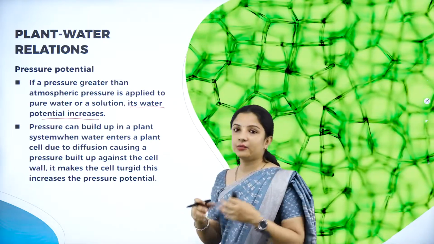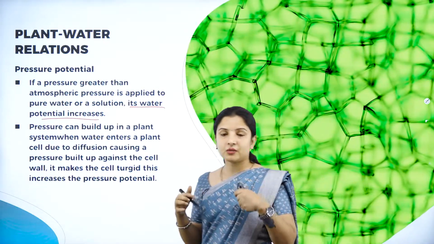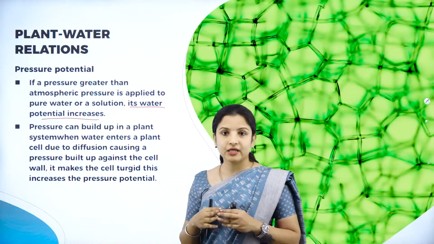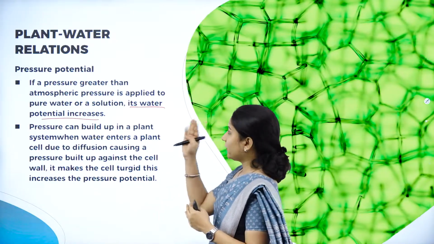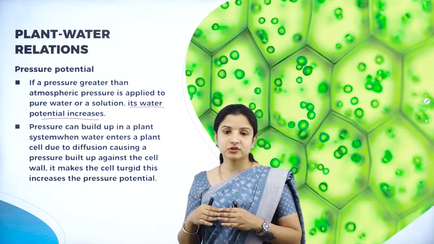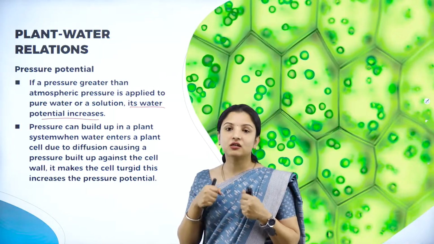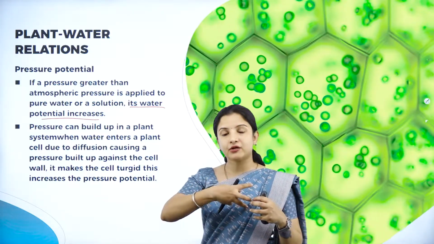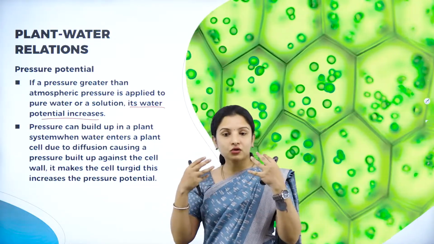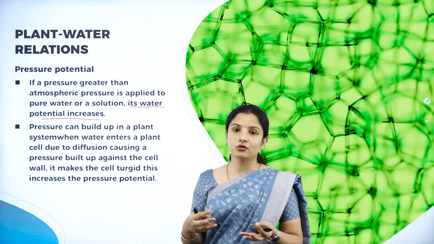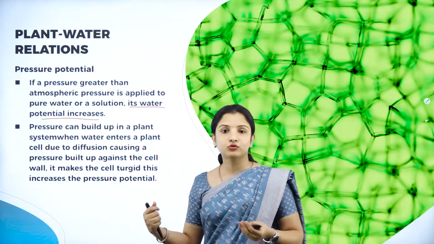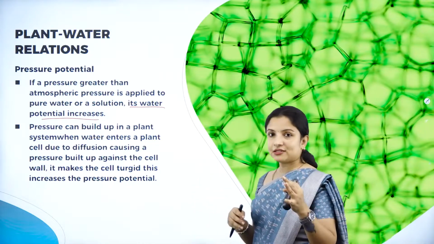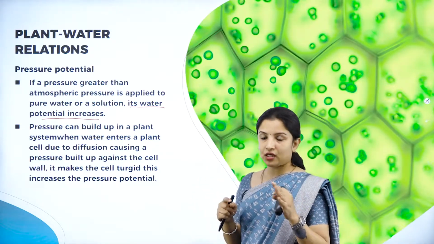And you know that whenever a pressure is applied, the movement of water is free, right? So similarly here, a pressure greater than the atmospheric pressure is what is called turgor pressure. Turgor pressure is the one that actually helps the plant. If the water is so concentrated with the solute also, what happens? It can easily move through the plant cells because of the turgor pressure that is there. So that is why pressure potential is very, very important.